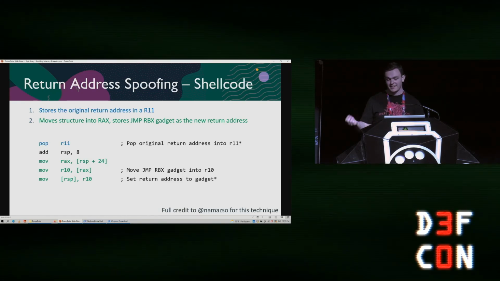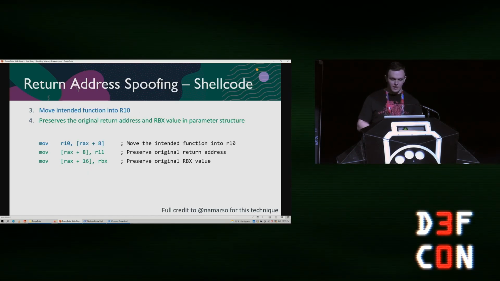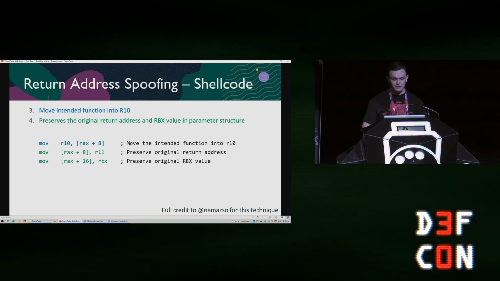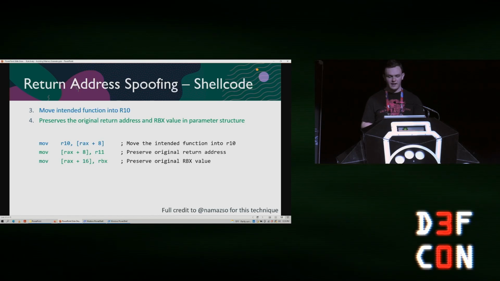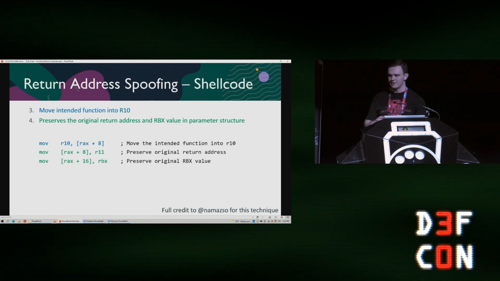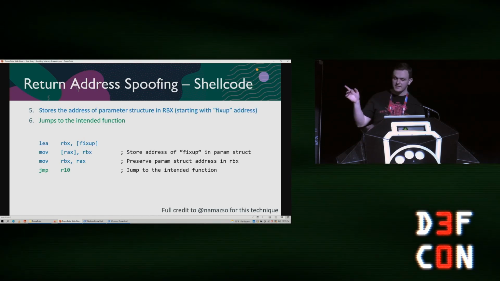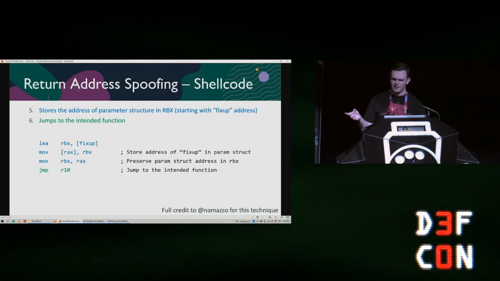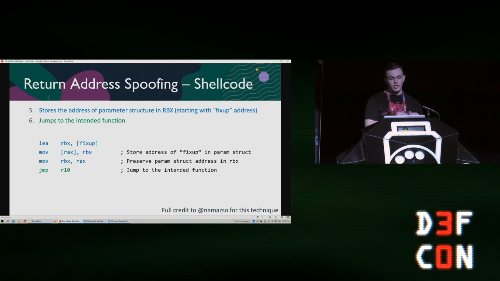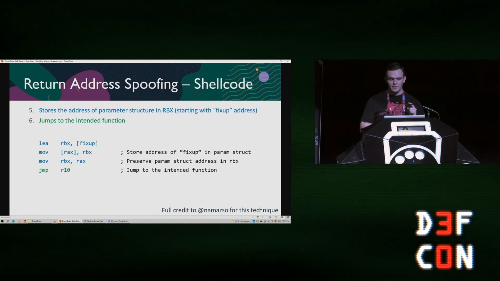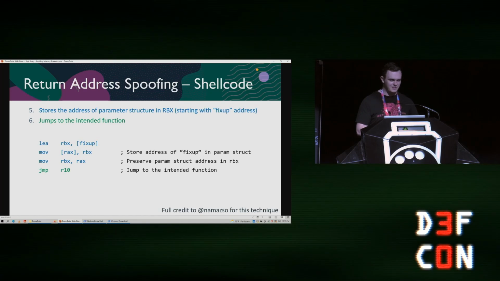where we're storing that gadget in R10 and then moving it into the stack pointer. Then we're going to move the intended function into R10, and preserve the original return address and the original RBX value so that we can restore those when we're done. Then we're going to move this fix-up function, which we'll talk about on the next slide, into RBX. And this is important because since jump RBX is on the stack, at that last line, we're going to jump to the intended function. So we jump to sleep, or we jump to write process memory, or whatever it is